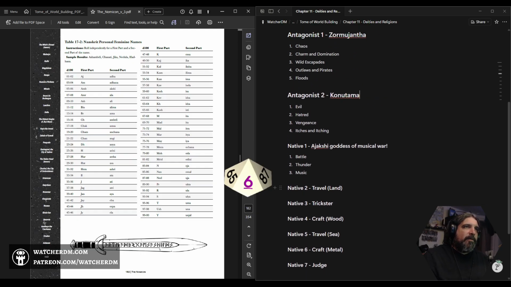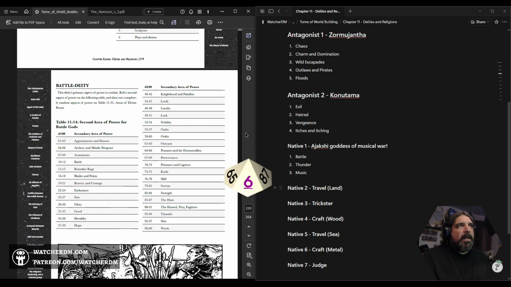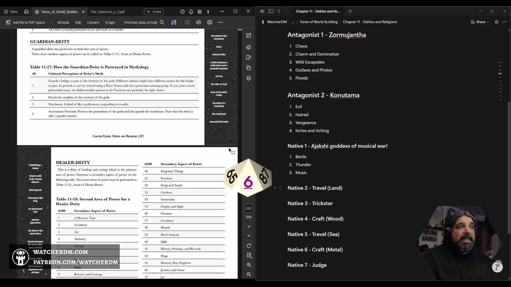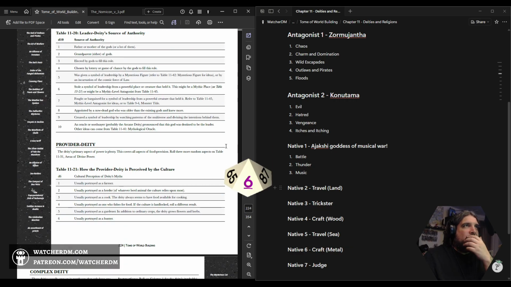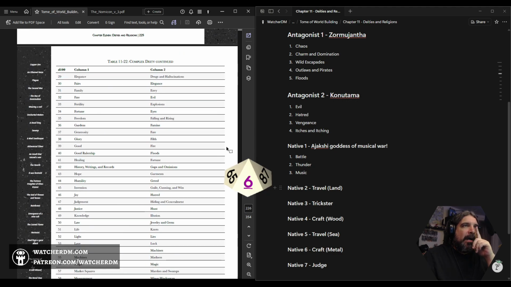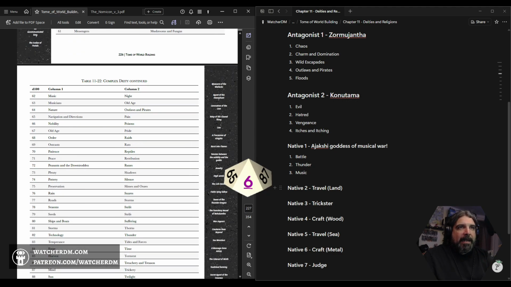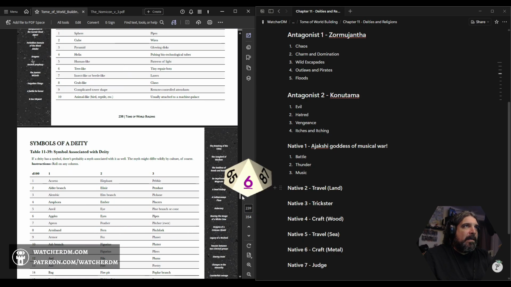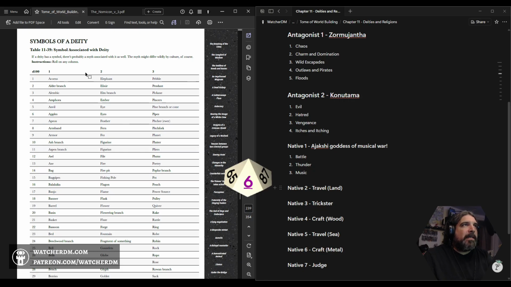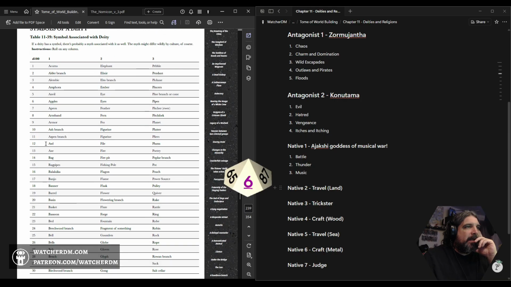This is pretty straightforward. The book here has, for each of these tables, and I've looked at this before when we generated the deities for the goblins, so you'll find back in that video references to some of these things. There's some cool stuff in here though, man. Like the symbols associated with the deity is really cool. This is the stuff I'd probably want to use the most, just farming for ideas.